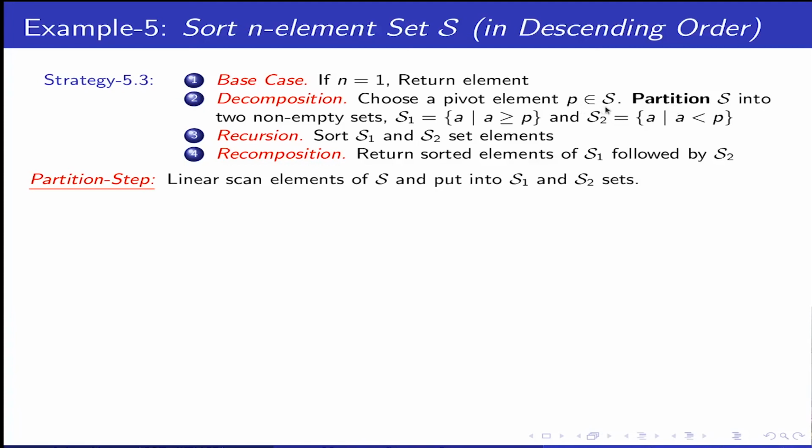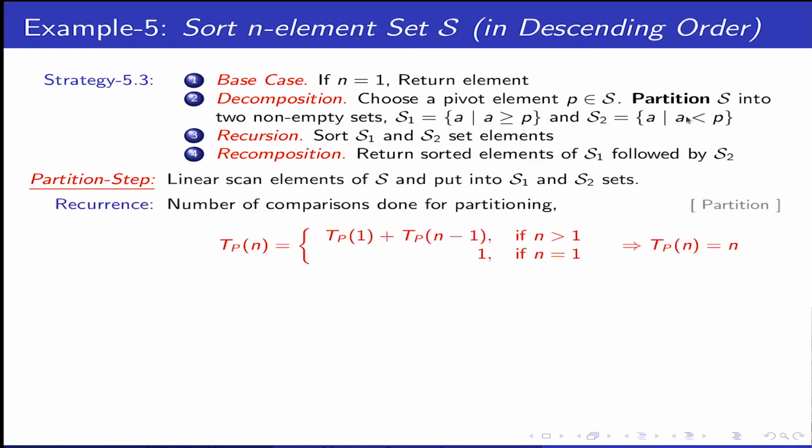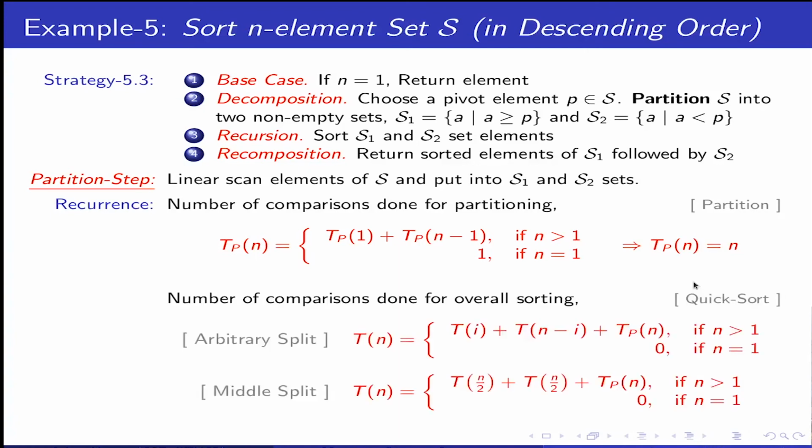So for decomposition or partition of an S, if you have to bifurcate it depending on an element, you have to scan all elements. It is just a linear array scanning or searching type of recurrence, which results in n scans. Therefore, the number of comparisons in sorting an n-element set will be the arbitrary split plus your decomposition time, which is the partition time, and your half split if we split in the middle. So your recurrence could be T(n/3) plus T(2n/3) plus Tpn, also an arbitrary split.